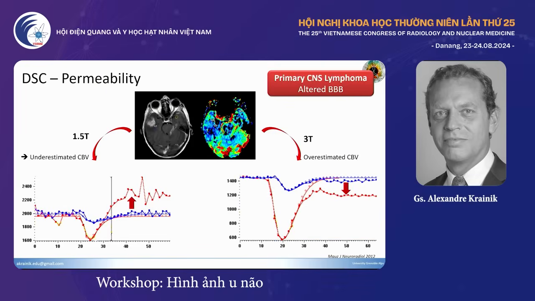And at 3 Tesla, instead of having an overshoot after the bolus, you will have an undershoot, meaning that there's no T1 effect. It's a problem at 3 Tesla. The T1 effect is really lower, but you will have kind of a staining of the lesion by a decrease of signal due to the leakage of the contrast media